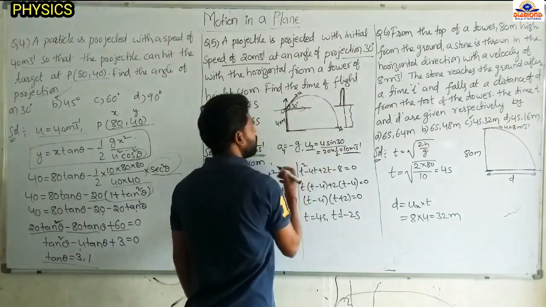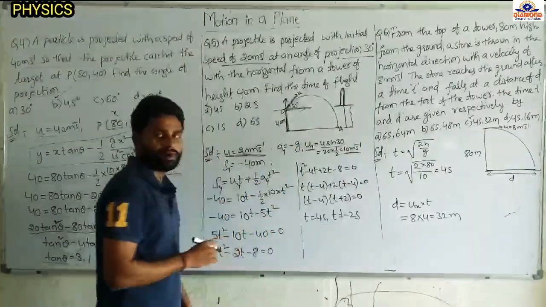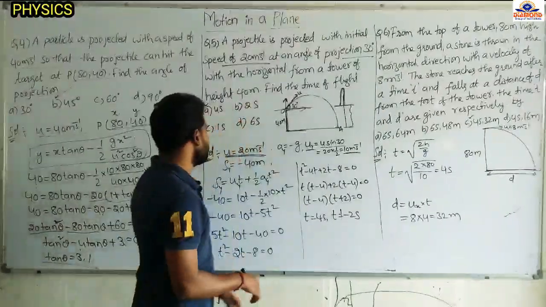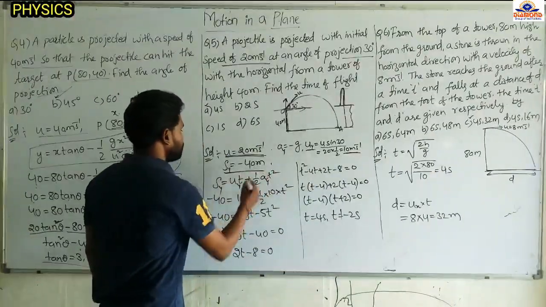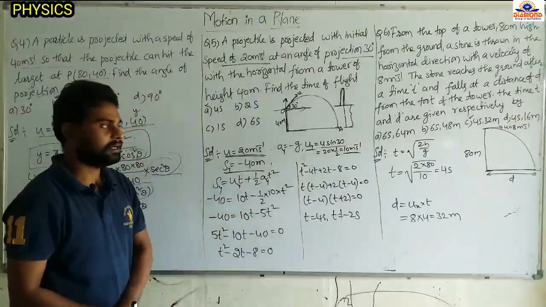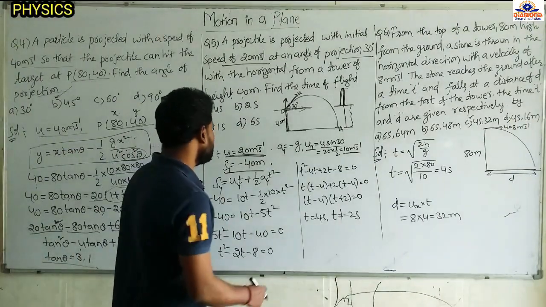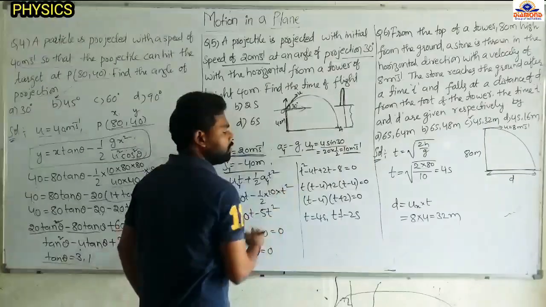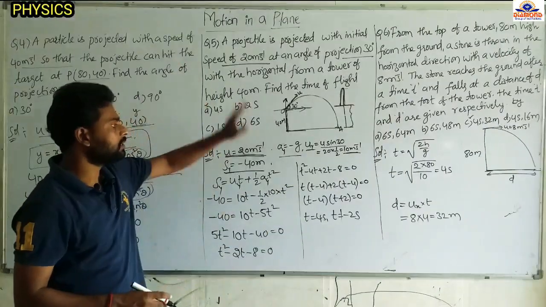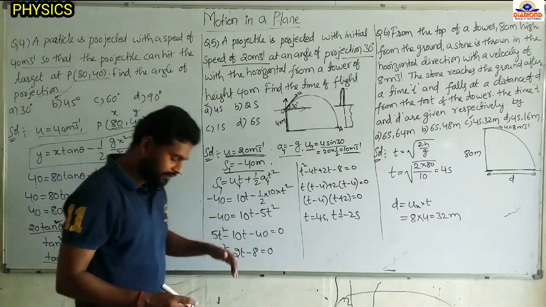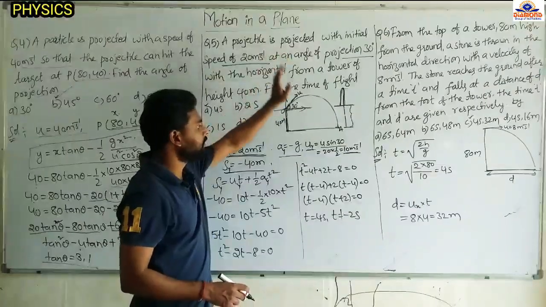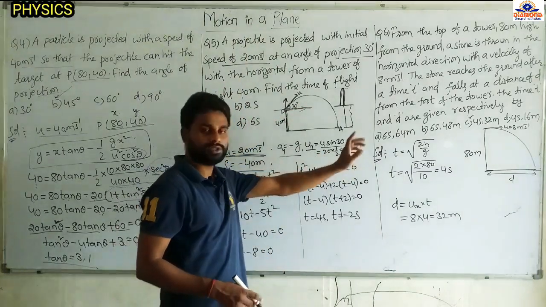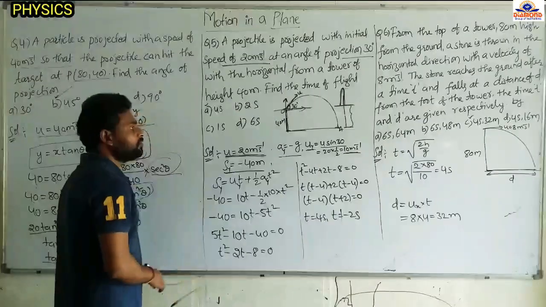This displacement we have to consider is nothing but the height of the tower, 40 meters, and the displacement is below the reference level. We have to take it as negative, below this one, sy equal to minus 40 meters. And next, see, now here it is projected in the upward direction, so in the vertical direction ay equal to minus g. If the velocity is above this reference level then it is positive, below is negative. It is projected upward only, so uy equal to positive 10 meters per second. So we have to find the time.